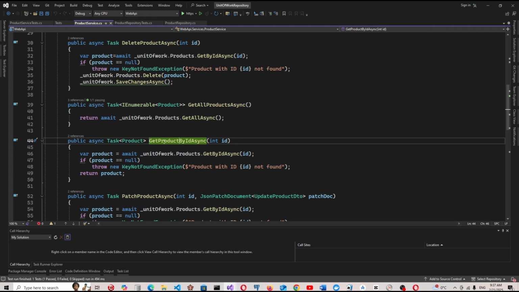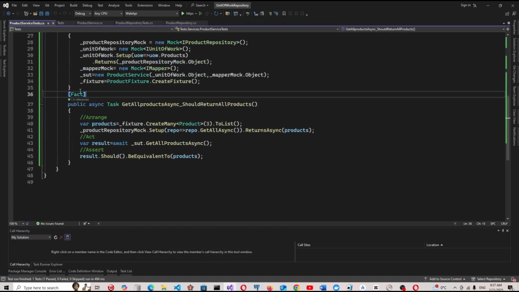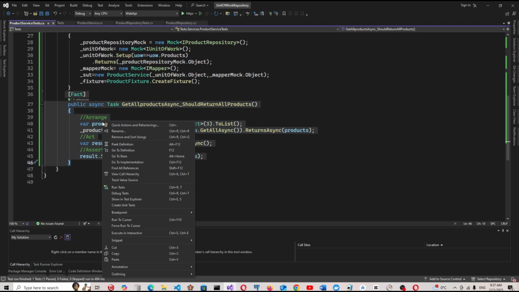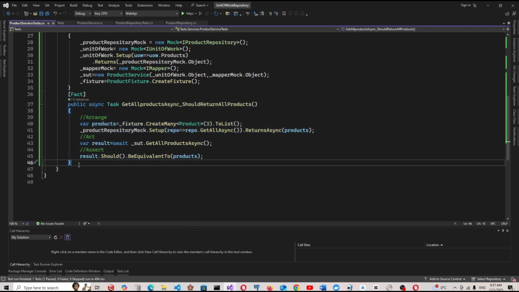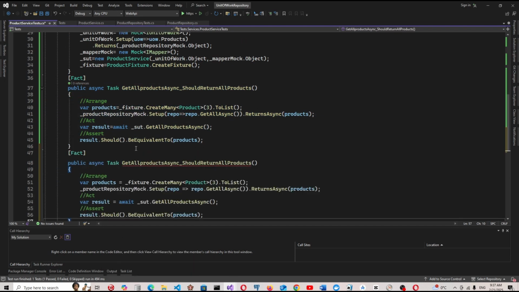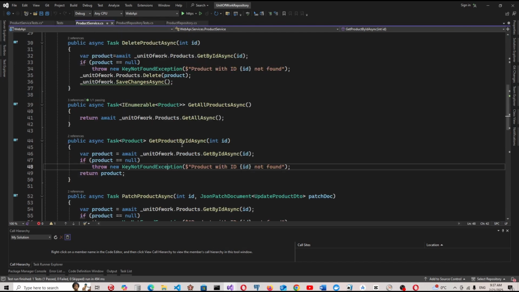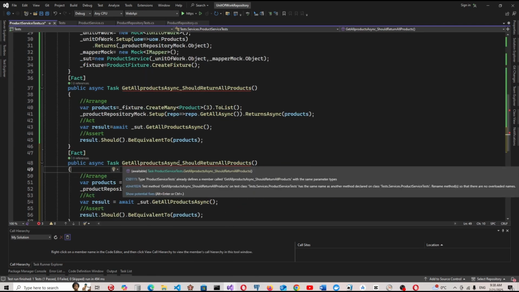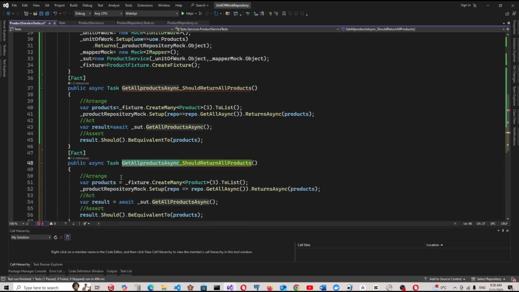Let's quickly create a unit test for GetProductByIdAsync. Let's say this, GetProductByIdAsync feature ID, GetProductByIdAsync, and